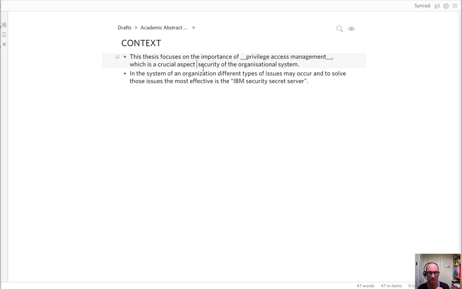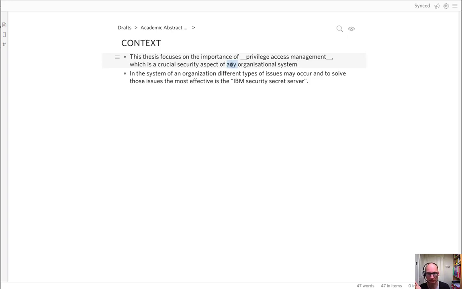So a crucial, let's drag this, a crucial security aspect of, I think we could say of, potentially of any organization. Oh, maybe it's to do with systems rather than organizations. Maybe it's more technical, probably. So then maybe system is actually better, but I don't quite like organizational system. Maybe system in any organization, which is a crucial security aspect of